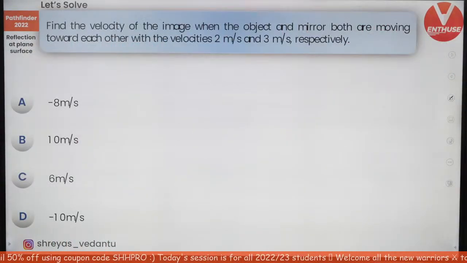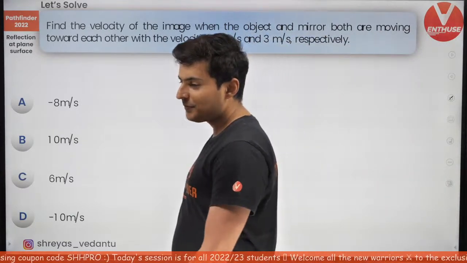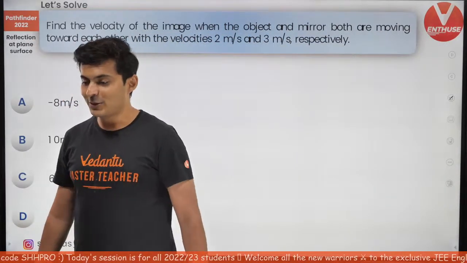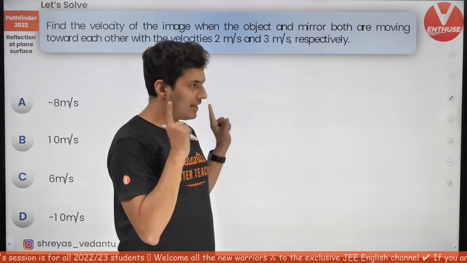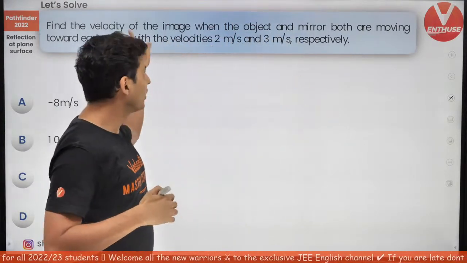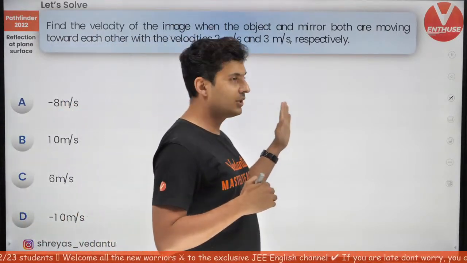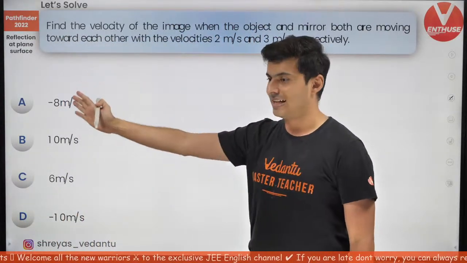Let's solve some questions coming up on your screen. Yes, it is not possible, Ankit. If you go like that and the mirror is here, the image has to move with you. Imagine this board was the mirror, the image has to go with you. It will be very weird if the image goes the other way.